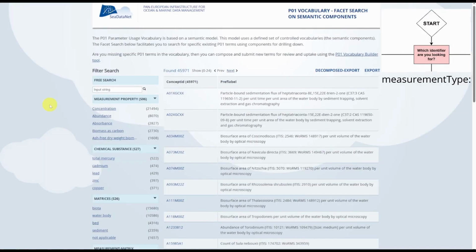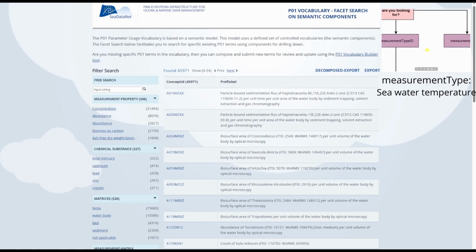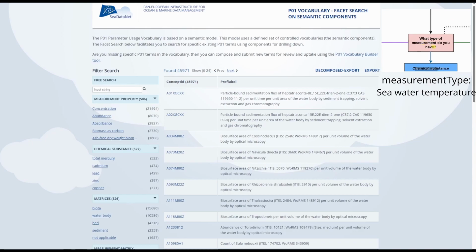The first example we will look at is simply the water temperature at sea. So moving along our decision tree, the first question is, which identifier are we looking for? This is of course the measurement type ID, not the measurement value ID or the measurement unit ID. Next, what type of measurement do we have? Well, we are looking at physical measurements in this video, so we will go along the purple branch to the physical or abiotic measurements. The first action we see is of course to navigate to the CDataNet facet search, which